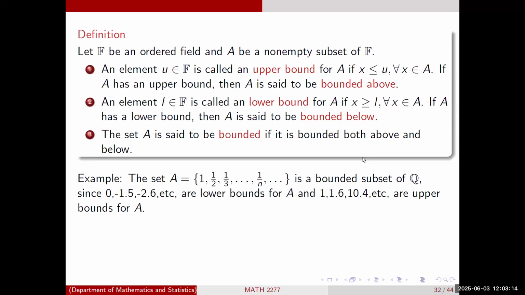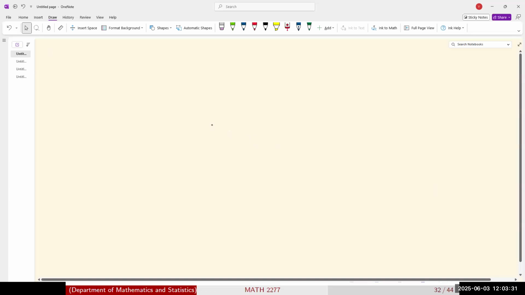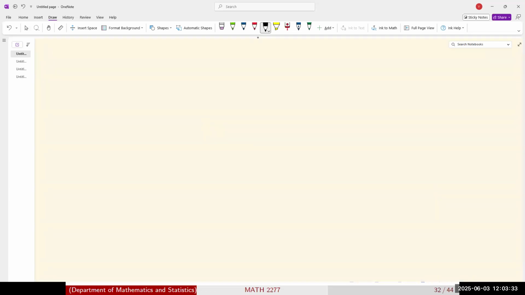Okay, hi again, everyone. So in today's class, we're going to be finishing up this last section of our chapter 2. Before we get started, let me do a little recap of what we started to discuss yesterday, and that was the idea of upper bounds, lower bounds, so upper and lower bounds